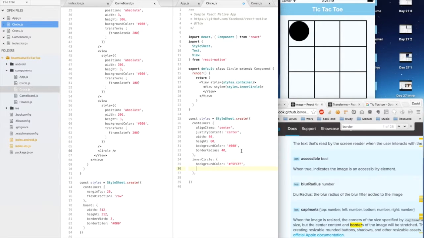The inner component's width and height, let me say, and also border radius, let me say 13 and 5. If that looks good,